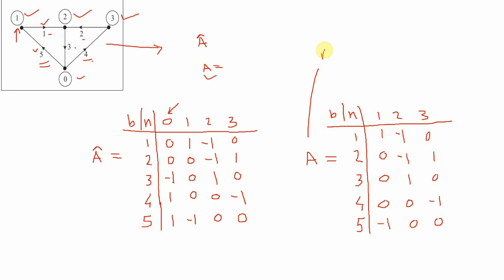It is called the bus incidence matrix, right? And this is called the element node or branch node incidence matrix. The difference between these two is that in a bus incidence matrix we remove the reference column and rewrite the branch node incidence matrix. That is called the bus incidence matrix. Always remember how to find the bus incidence matrix. First find out the branch node incidence matrix, and after that remove the reference column, then it will become the bus incidence matrix.